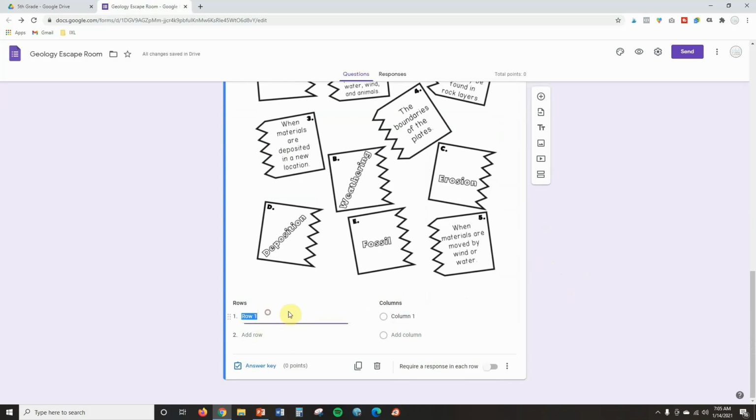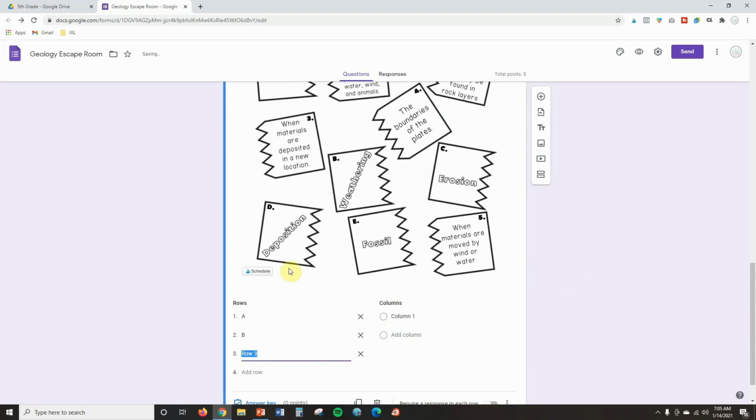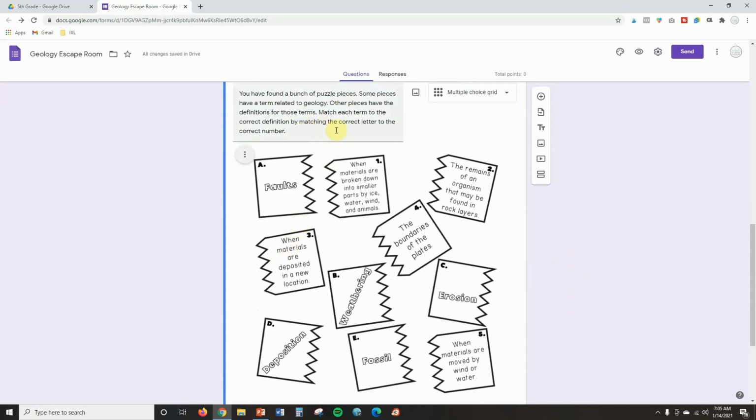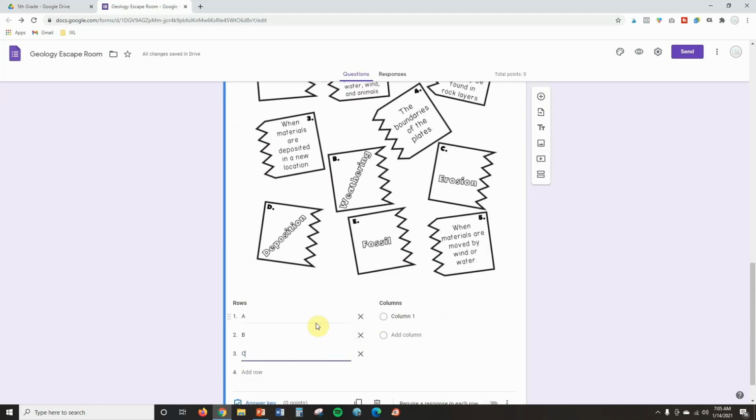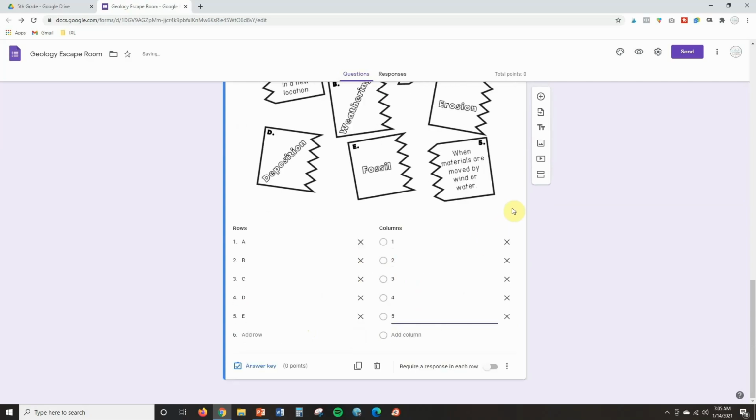And what I'm going to do is type in the different letters, because remember I put up here in the instructions, match the correct letter to the correct definition, and they'll be able to look at the picture to see which letter and number each thing represents. So we have A through E and 1 through 5. I'm going to require students to put a response in each row, and then I'm going to click on this